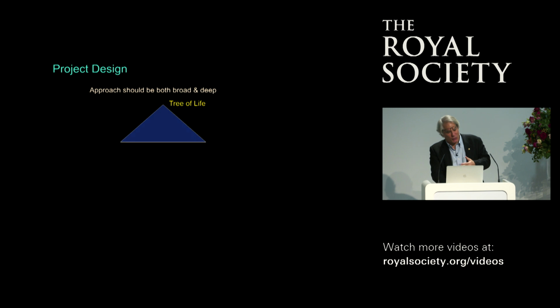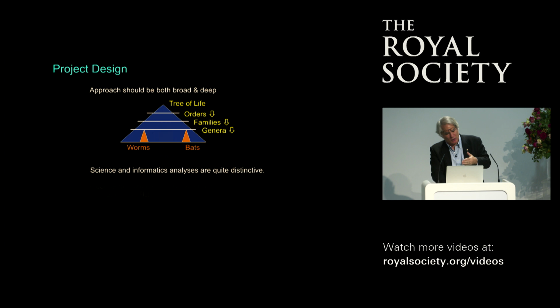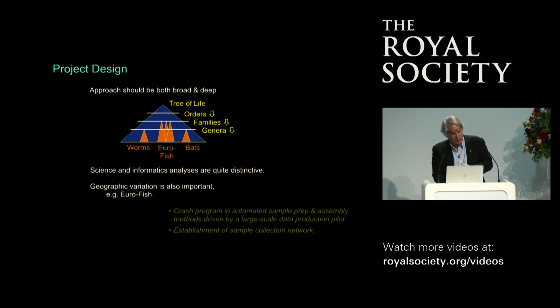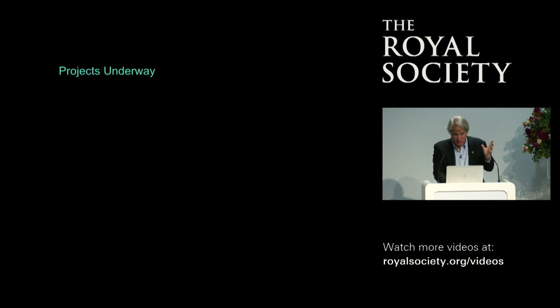So, there are several approaches. One is to start with one representative of the orders and go down. There are other projects to go deep. There are also projects to look at geographic areas, and these are all important. At one point, I was at the Wellcome, and I made the recommendation that we needed a crash program in automation to handle the throughput problem,